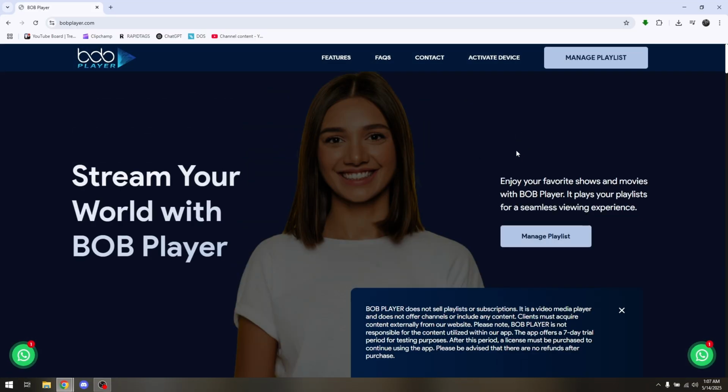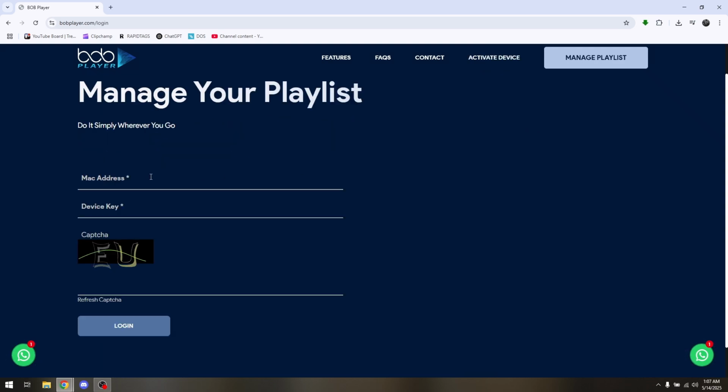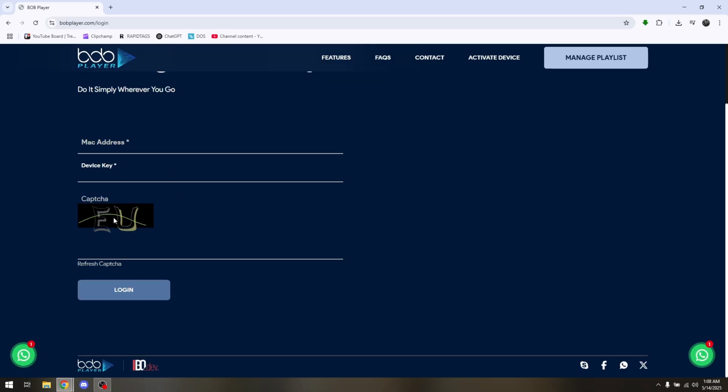Now, once you already have those, all you have to do next is go to bobplayer.com's official site and then just go directly to Activate Device. Then here input your MAC address and as well as your device key. And then you just have to complete the small captcha right here for you to be able to go through